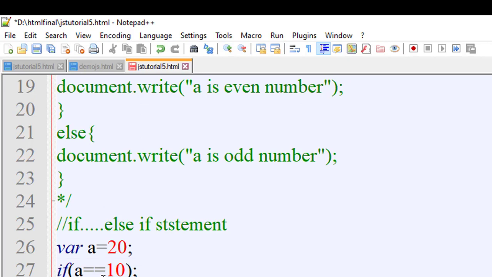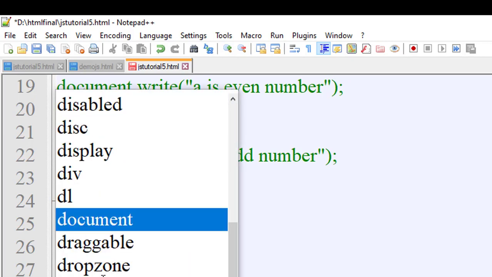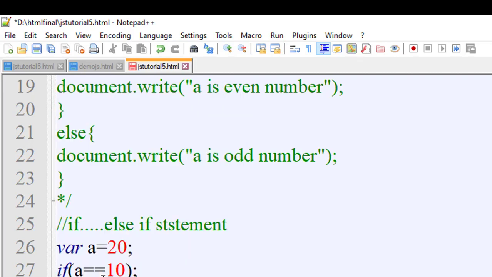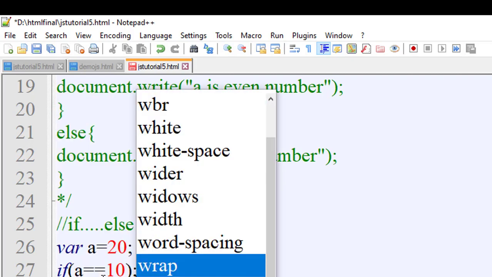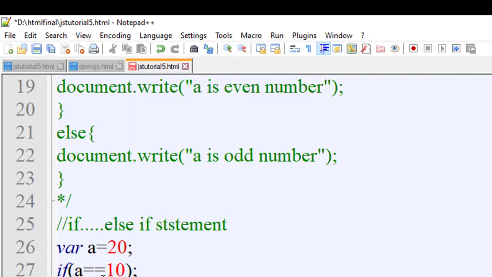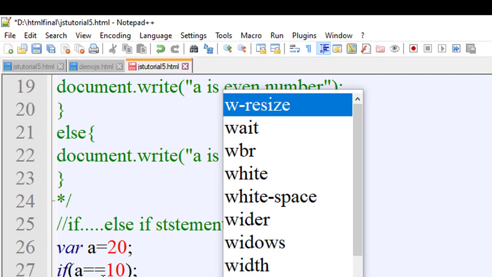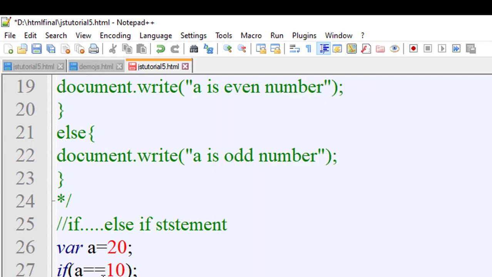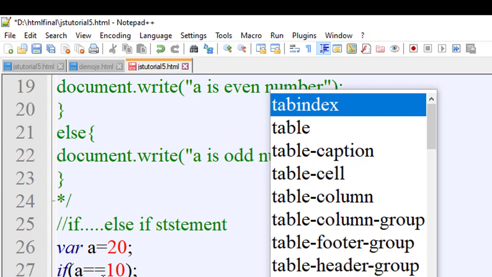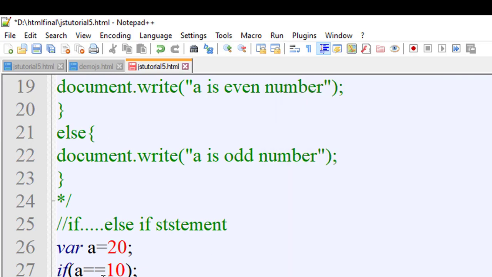No. So if yes, then document.write a is equal to 10, in double quotes, and parenthesis close.